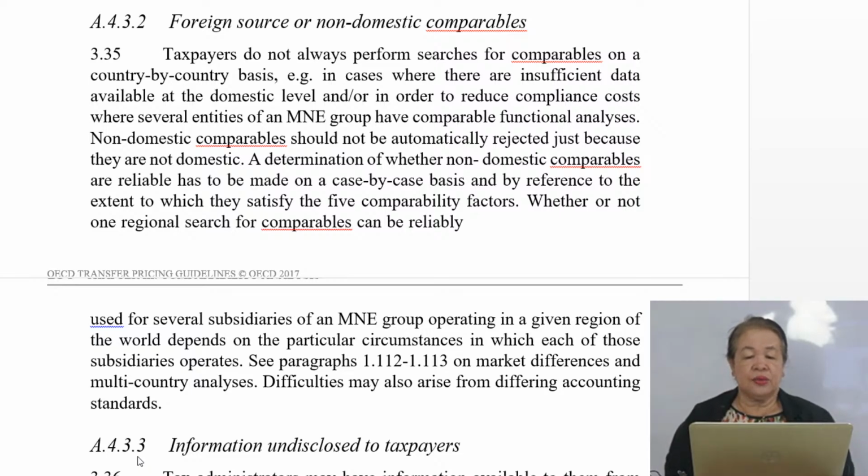So, in cases where there is insufficient data available at the domestic level, and or in order to reduce compliance cost, where several entities of an MNE group have comparable functional analysis. Kasi group yan ang nag-ooperate yan, group. At alam nyo naman pag grupo, no? Iba, whether you like it or not, no? Ako, I really have to accept the fact na